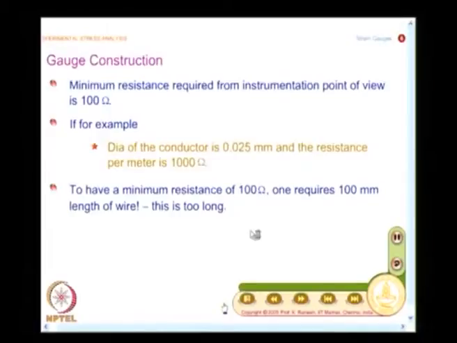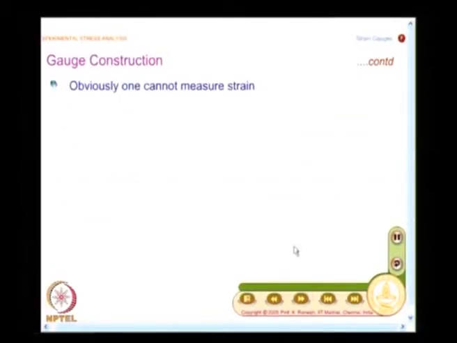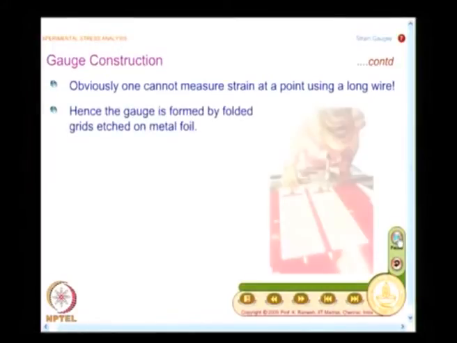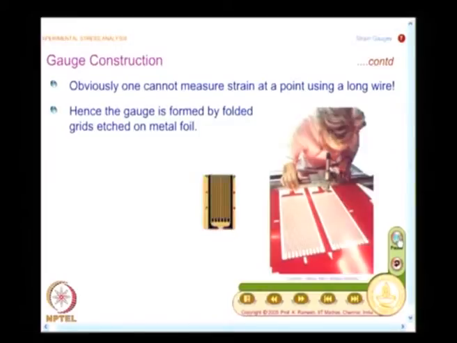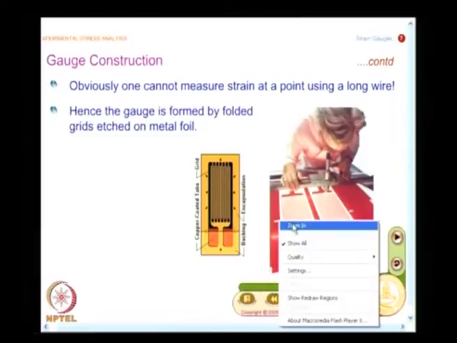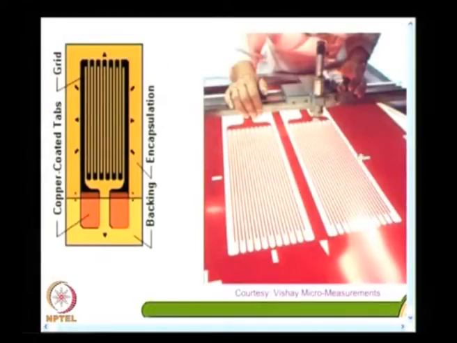Now, let us see how we make the gauge, and you have very nice etched foils that they make, and we are going to focus on metal foil gauges, and this is the advantage that they have. You have the pattern well engraved and then optically reduce it and make a strain gauge like this. And if you look at here, you have loops, and wherever the loop turns, you have a very broad